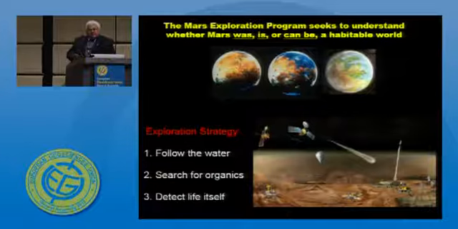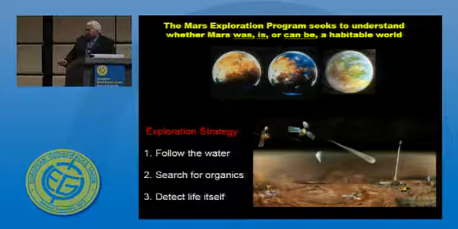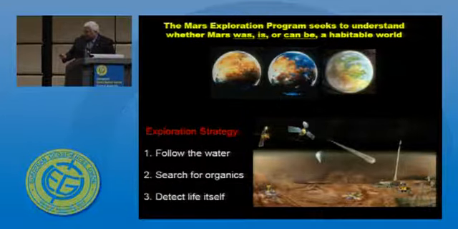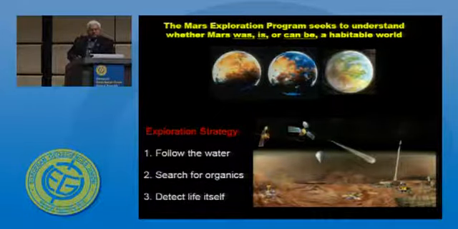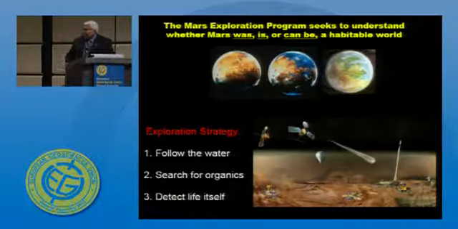The next phase has been to search for organics. The first mission to try to do that was Phoenix, but it was unable to detect organics. And now Curiosity is looking for possible organics on the Martian surface. And if we are able to detect organics, the final quest will be to look for life itself. But actually,